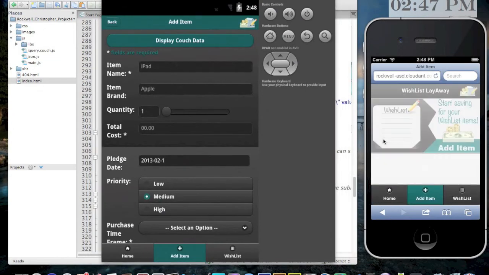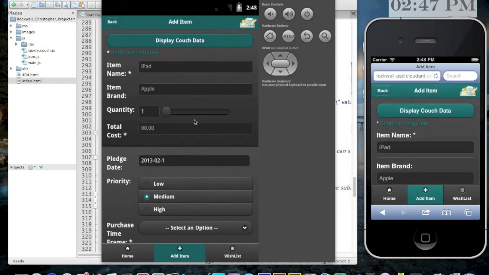So as you can see, on the left is the Android simulator or emulator, and the iOS simulator on the right. Android, as you can see right here, is a little bit different as far as their CSS. The text is a lot bigger and it looks kind of weird, I guess you could say. The colors are darker. Everything looks a little bit more flattened. I'm not sure if jQuery Mobile has some kinks they have to work out, but it just looks a lot different. It looks kind of intermediate compared to the iOS simulator over here. But everything still works the same. You know, I hit display data,